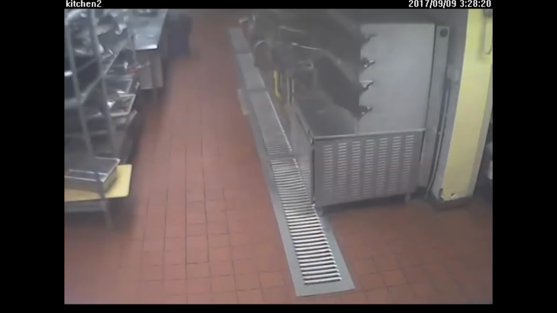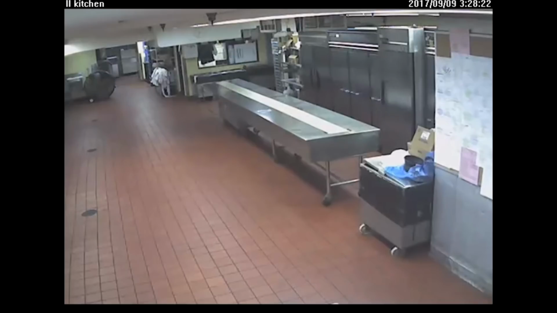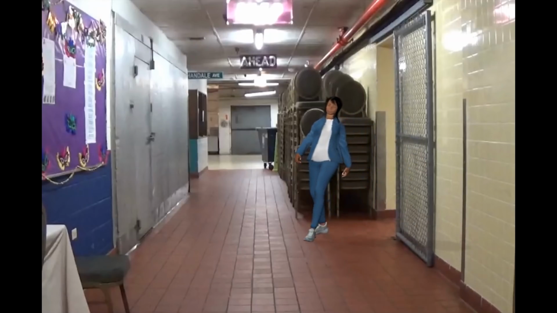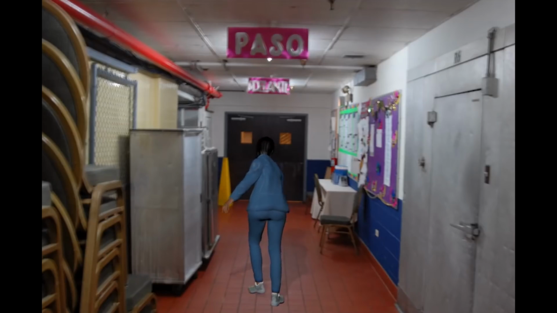See right there, she walks by, and now we're about ready to get into some animation here. This will help you guys picture what's going on. See, her head went by right there. Now watch. She actually comes out the side door right here. All right, so that's some of that drunk animation.